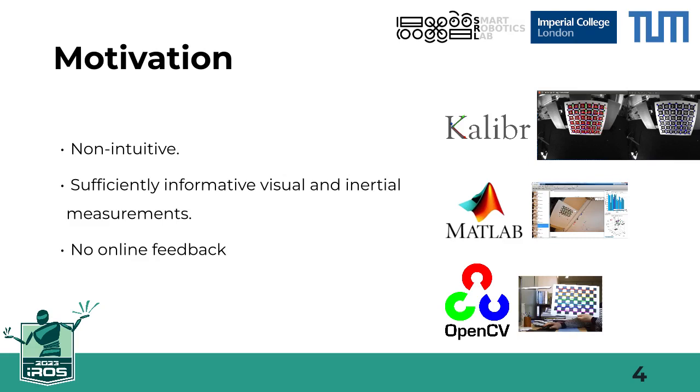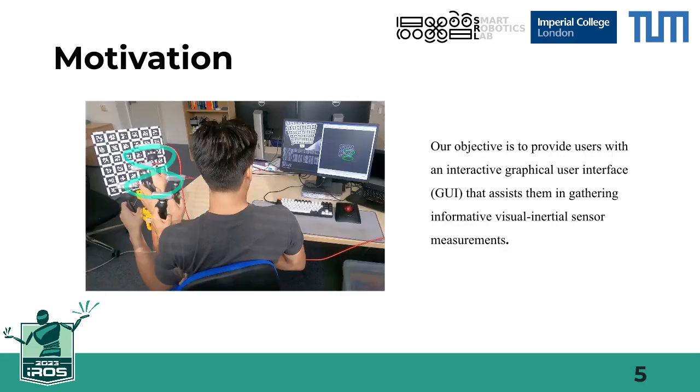State-of-the-art state estimation frameworks such as OKVIS, VINS-Mono, and OpenVINS can in practice estimate the calibration parameters in real time. However, these frameworks require sufficiently accurate initial calibrations as well as sufficient visual-inertial measurements. Lastly, most popular calibration toolboxes such as Kalibr, MATLAB, and OpenCV do not provide real-time feedback during data collection. Our objective in this paper is to provide users with an interactive graphical user interface that assists them in gathering